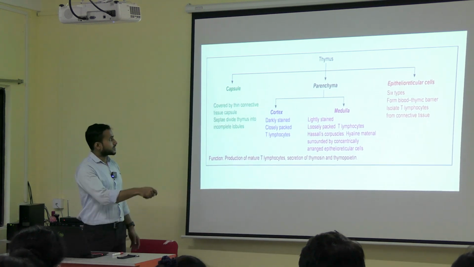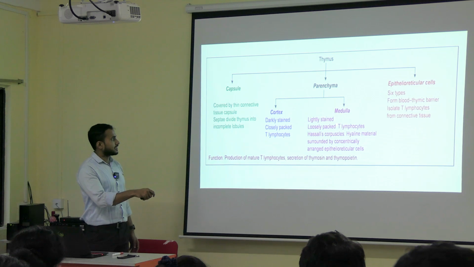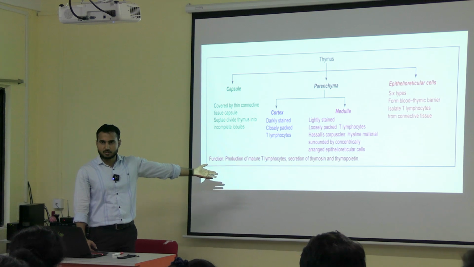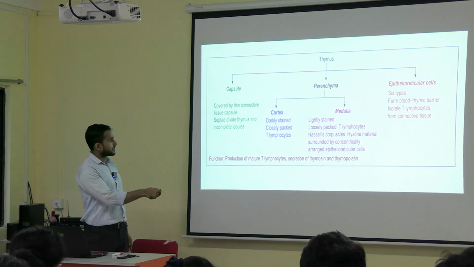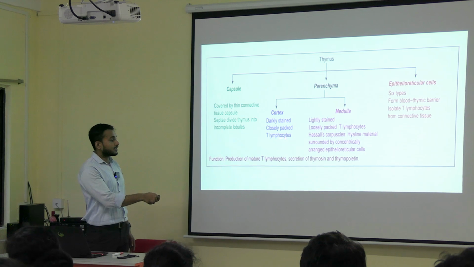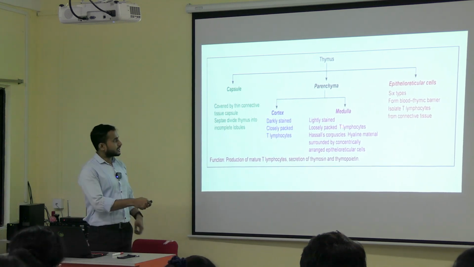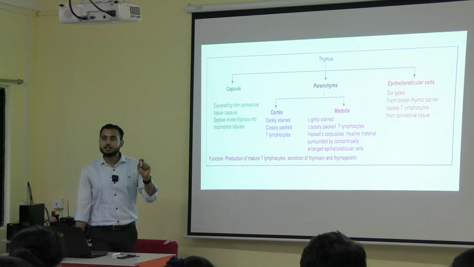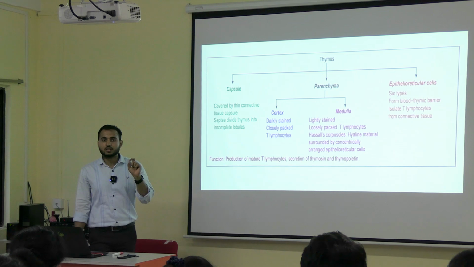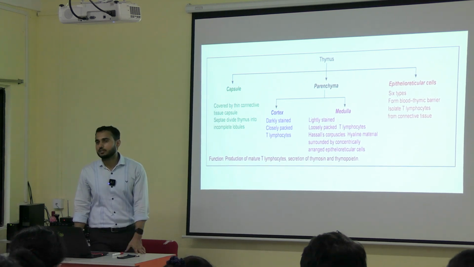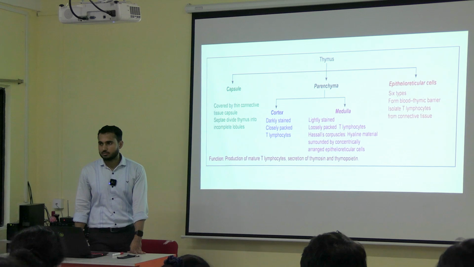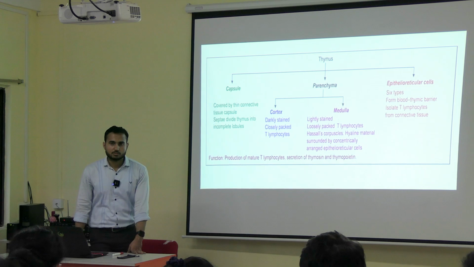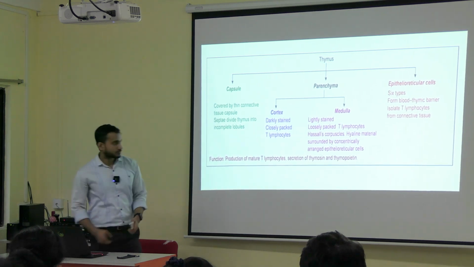Okay. Next, in the parenchyma we are getting the cortex and the medulla. Look, here also it is the same. The cortex, in most of the cases, you will see is darkly stained. Here also the cortex is darkly stained. Why? Because closely packed T lymphocytes are present. Now if you see, the medulla is lightly stained because loosely packed T lymphocytes are there. Now along with that, another important structure, or you can say the most important identifying feature of the thymus, is Hassall's corpuscle. Okay, where is it present? It is present in the medulla. That makes it unique.